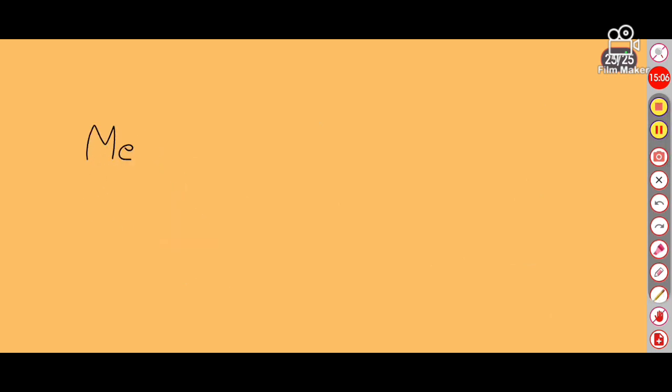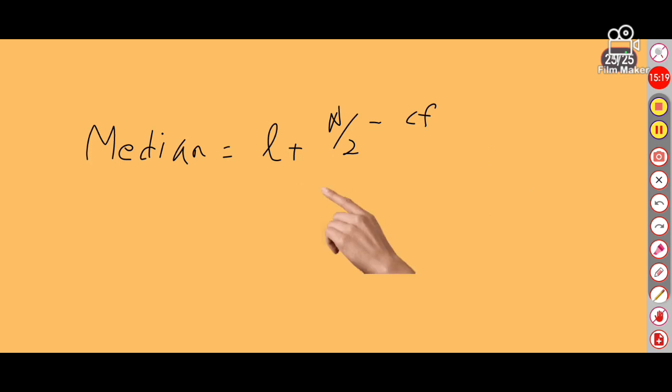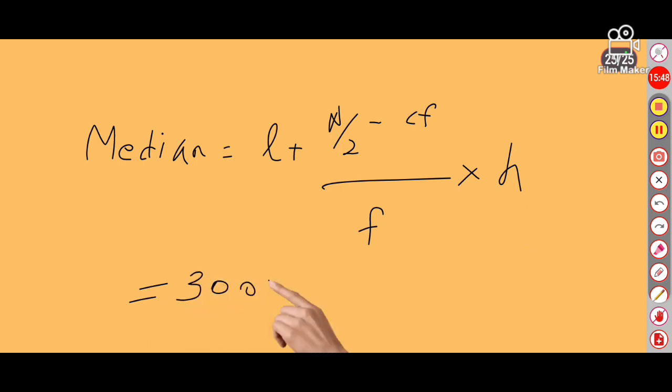We need to find the median lifetime. So the median formula is L plus n by 2 minus CF, divided by F, into H. Now L is the lower limit of the median class. In the given lifetimes 1500 to 2000, 2000 to 2500, and so on up to 4500 to 5000, the median class is the middle one, that is 3000 to 3500. The lower limit is 3000. Therefore L is 3000 plus n by 2, which is 200, minus the cumulative frequency which we found, 130,